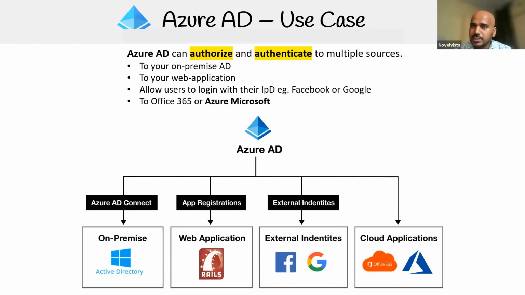So in the next slide, I'm saying, in a couple of moments from now, I will have your users added to my Active Directory and you will be able to authenticate. Some of you are using Gmail, Yahoo, Rediff, MSN.com identities, but I will still be able to authenticate you. So you can actually register applications with Azure Active Directory for the authentication. You can also authenticate to external identities, and you can also authenticate to cloud applications as well